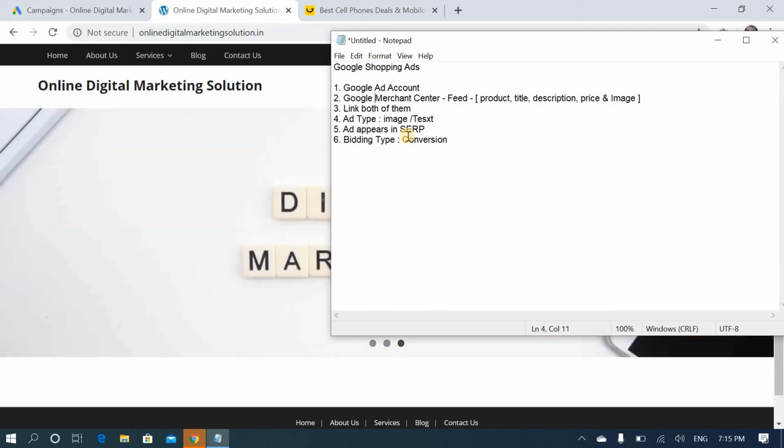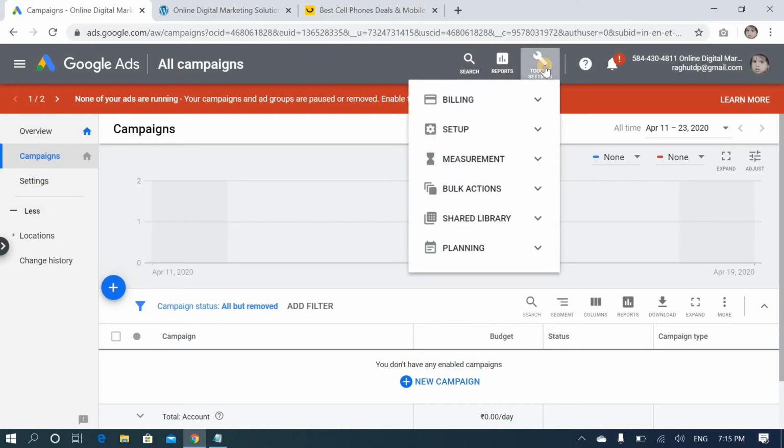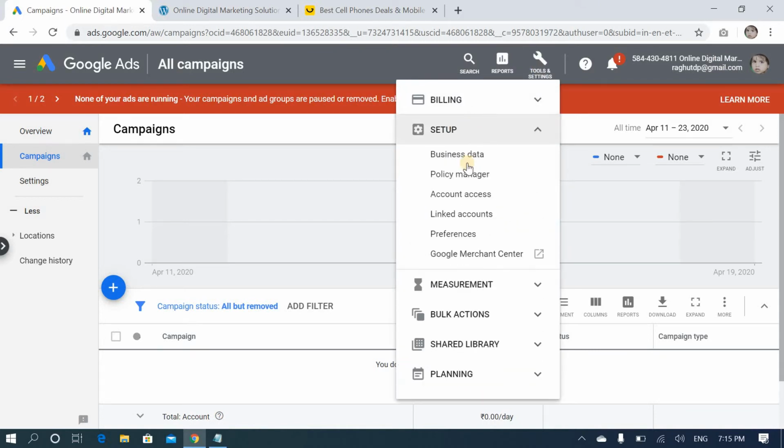Okay, let's start the practical. Just like Google Merchant Center account, just click. First you have to create a Google Merchant Center account. Already have a Google Ads account. Just come to Tools and Settings option here, and just click Setup. You will find here Google Merchant Center account. Just click this. Please wait for a second.